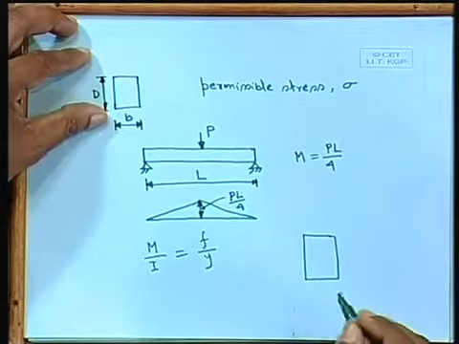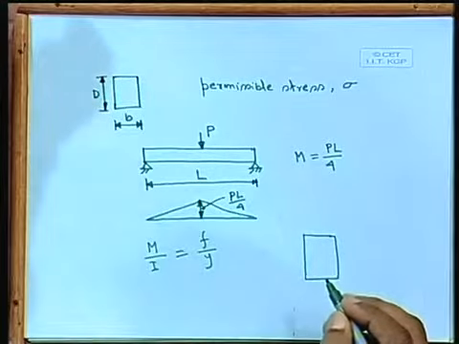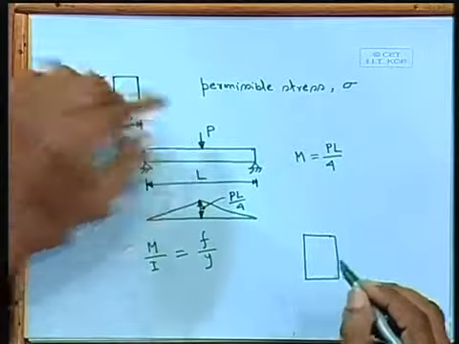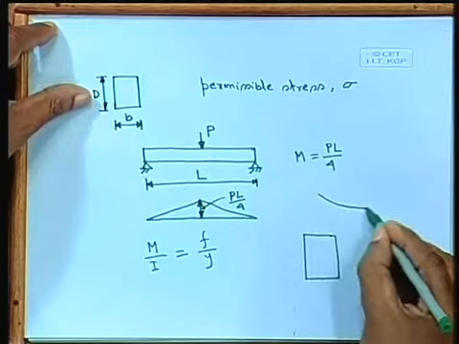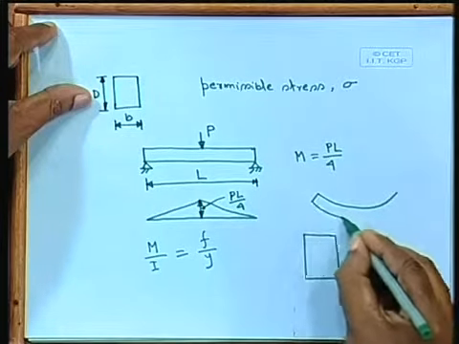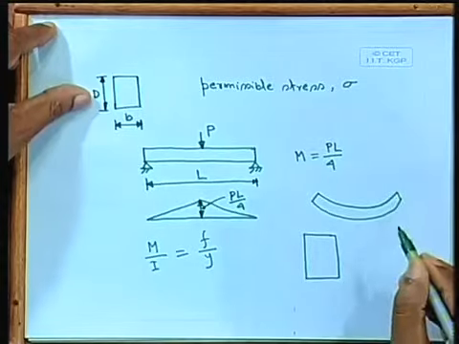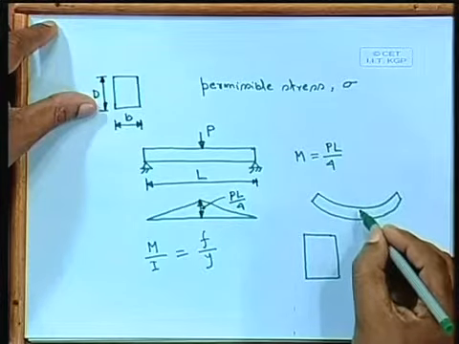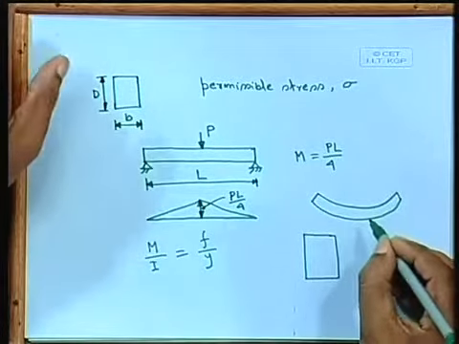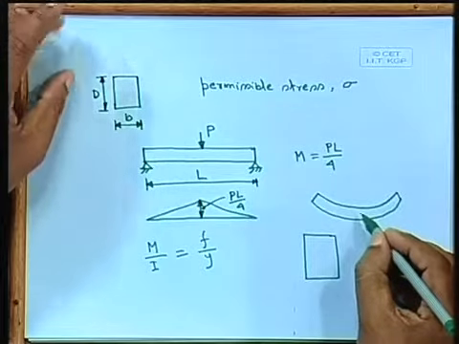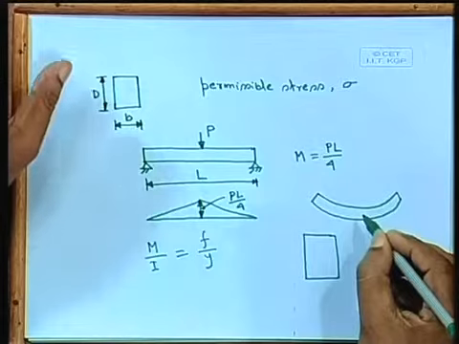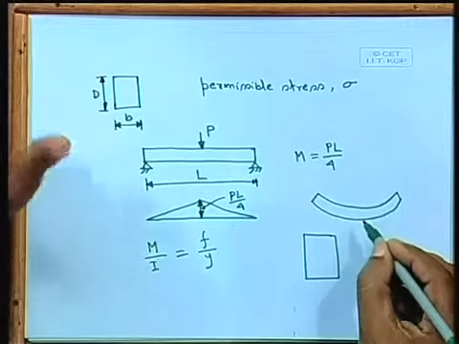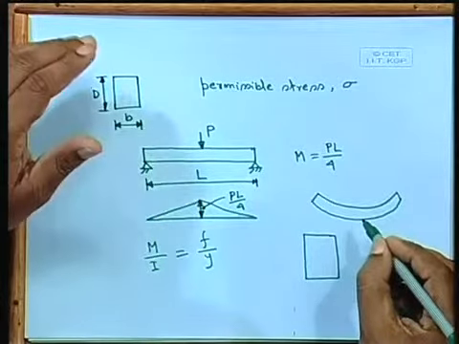If I would like to find out the stress and where from it is, let us recapitulate. If this is the section, due to this beam we have compression in the top and tension at the bottom. Because this beam will deflect like this, in this way, we shall get tension at the bottom and compression at the top. Most of the cases you will find this nature of stresses in a beam. Only in a cantilever, you remember, it will be different. In a cantilever, tension will be at the top and compression will be at the bottom.